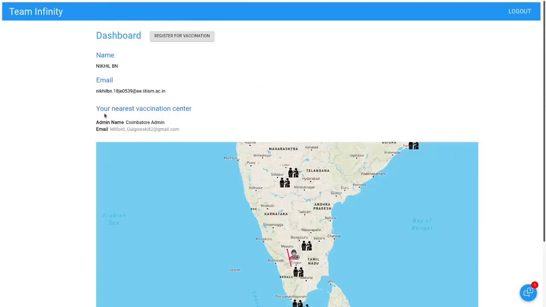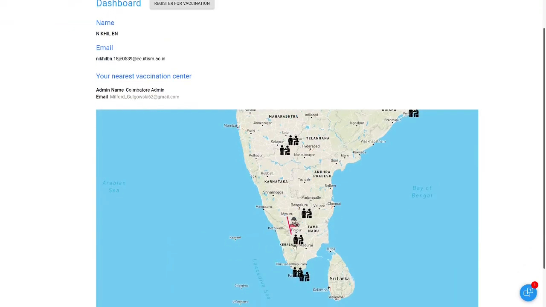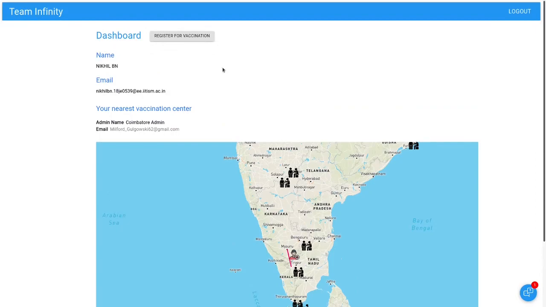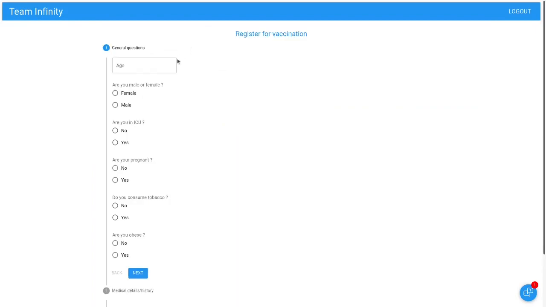On the dashboard, the nearest vaccination center details are given. Here, as you can see, the patient is in Mysore and the nearest vaccination center is in Coimbatore. So the patient can then register for vaccination by entering different answers.